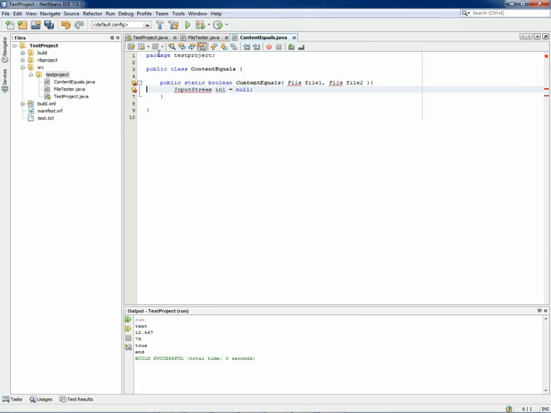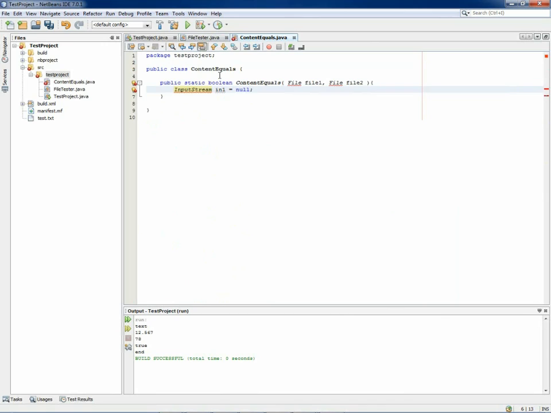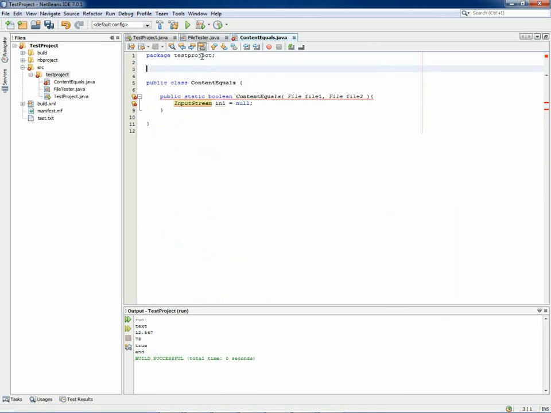Input stream, I didn't use the import, that's why I get the error. Okay, so an input stream and also another one, both of them is initialized to null,